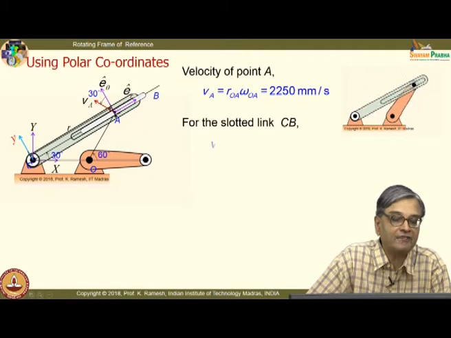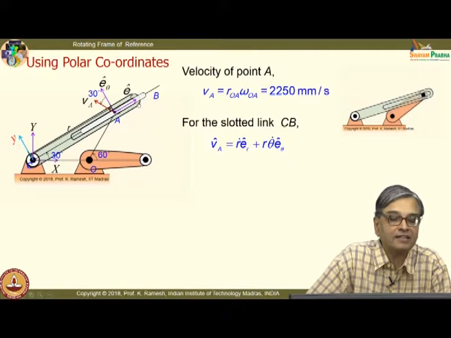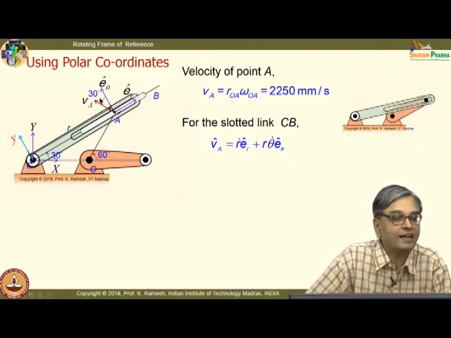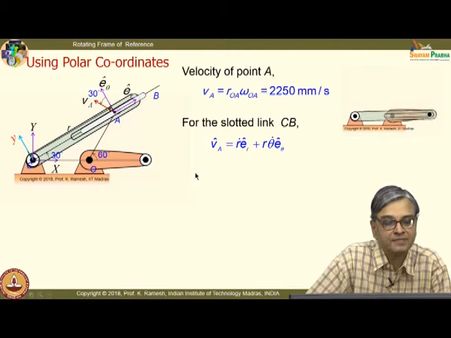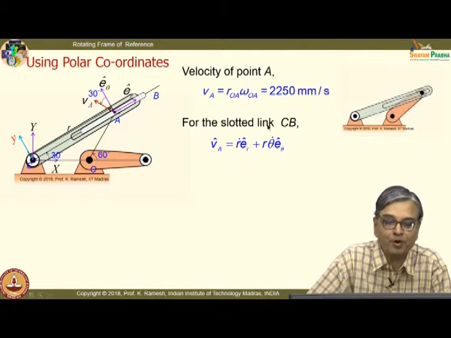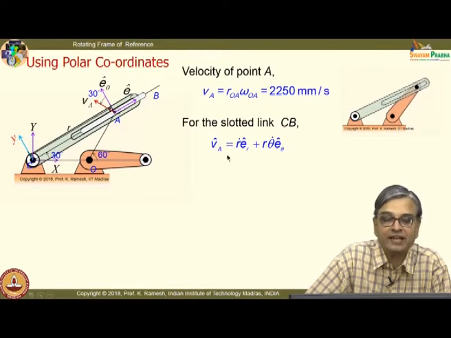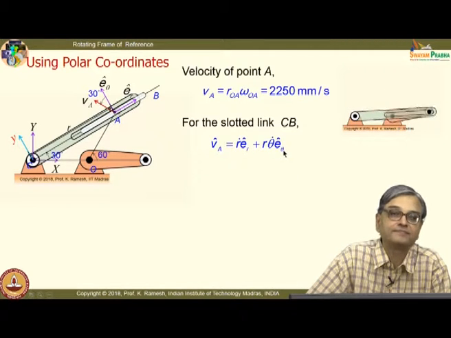And I can have a radial vector like this and the E theta like this, and this is oriented at angle 30. So, from your polar coordinate system, I can write this V A as r dot E r plus r theta dot E theta,